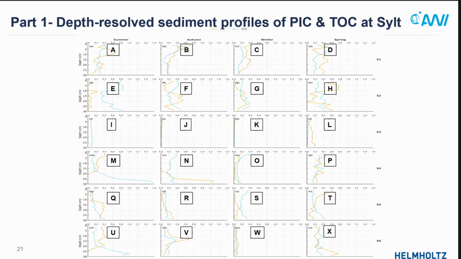Now, this panel is, I think, quite difficult to understand because it has a lot of small graphs compiled together. But basically, let me give the summary of this panel. It shows the amount of inorganic and organic carbon present at Zult, and the orange line is the inorganic carbon, or PIC, and the blue line shows the organic carbon, or TOC. So in general, we see that in mussel beds,